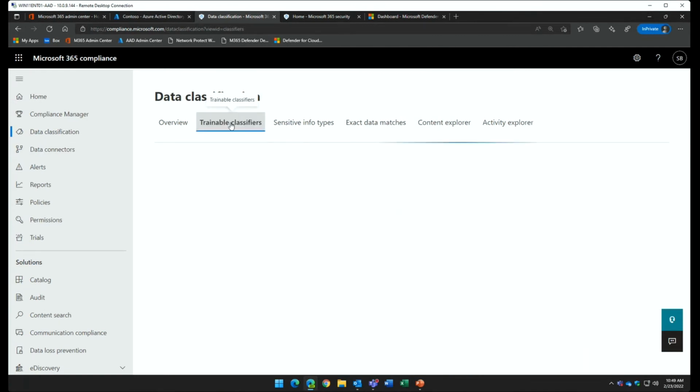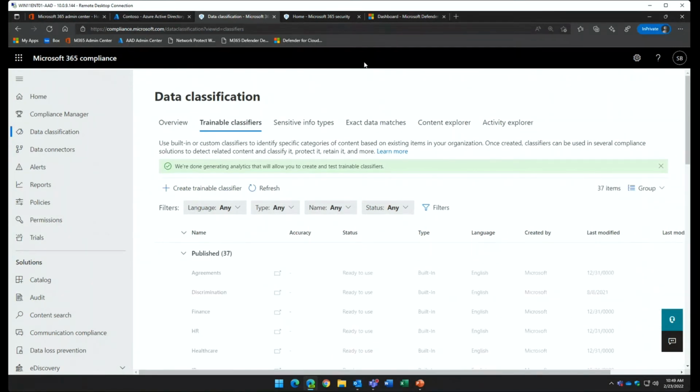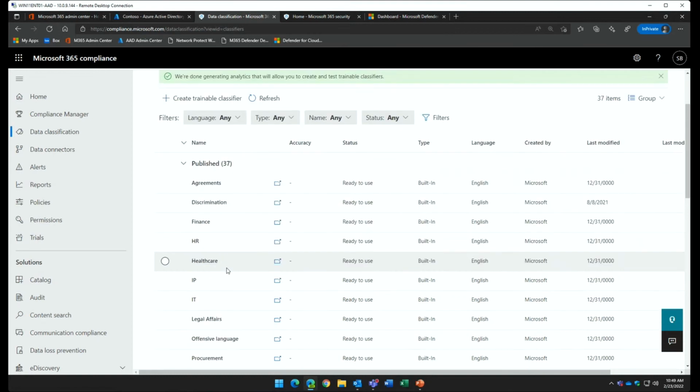Another advanced feature, just to highlight real quick, is trainable classifiers. This is using machine learning to train different classifiers. It's powerful. We've got our offensive words list, or our profanity, inappropriate content. You can create your own classifiers and seed it with data and content and further train that, but we've got a number built in.